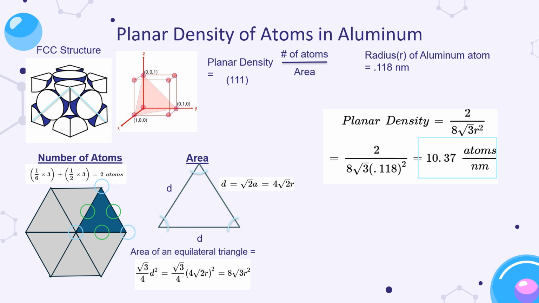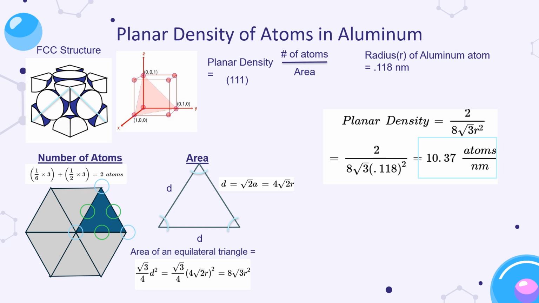Next, we'll look at planar densities. Planar density is the number of atoms in the plane divided by the area of the plane. Aluminum again has an FCC structure, so we can see that the plane is an equilateral triangle. When we look at this plane from above, we see that each point of our triangle occupies 1/6 of an atom, while the atoms on each side are equal to 1/2 of a whole atom. We have 3 vertices and 3 sides, so when we add each portion together, we find that the plane occupies